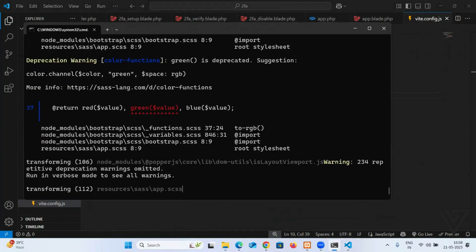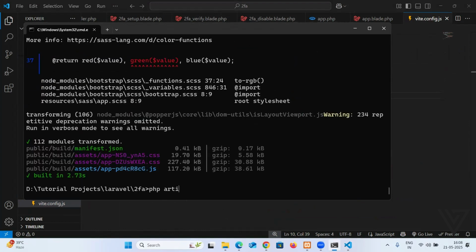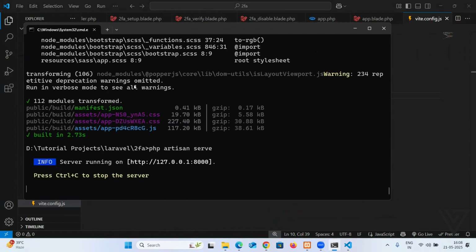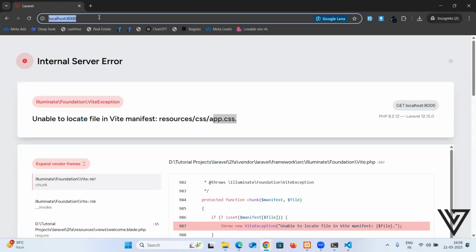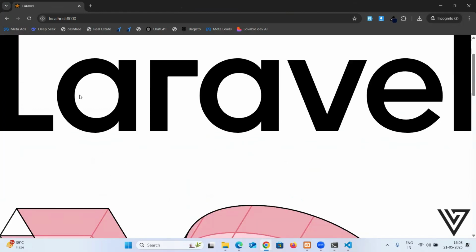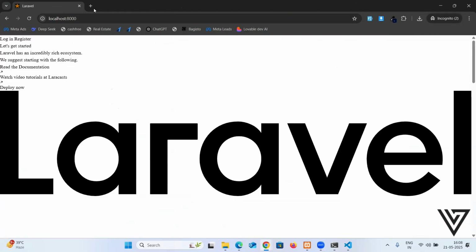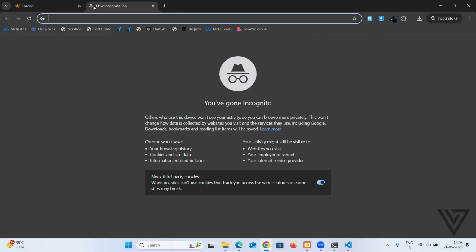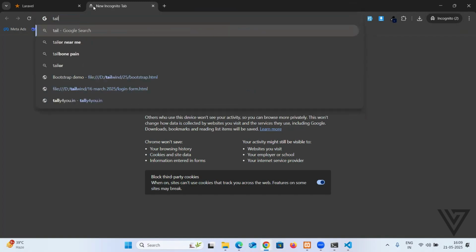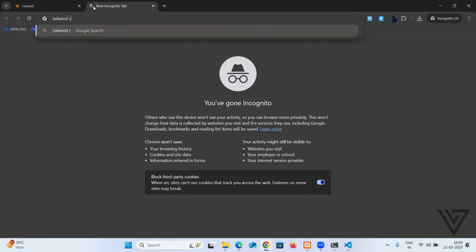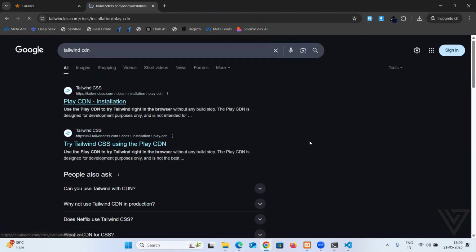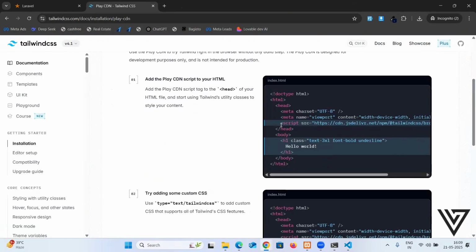This is just for the home page, the Laravel default page, right? So there is some situation with this package, Laravel UI, and this is broken CSS. What I came up with is just for the home page, which shows Laravel only, nothing else. Don't worry, guys. How I fixed it: I went to the Tailwind CDN, made a Google search and just copied this, right here, just the CDN of